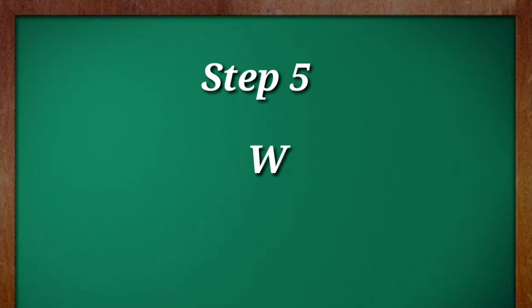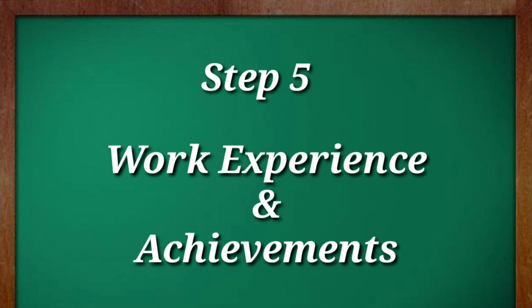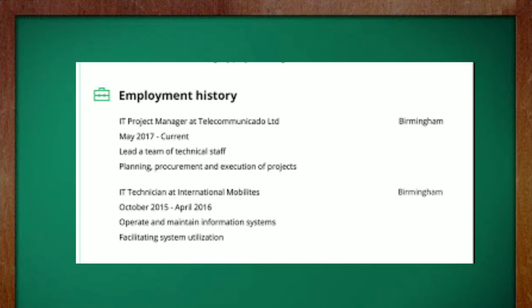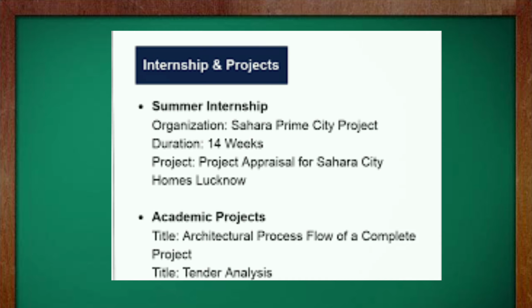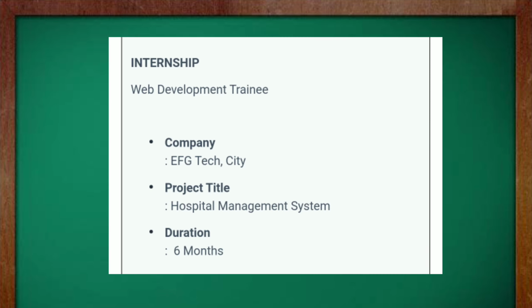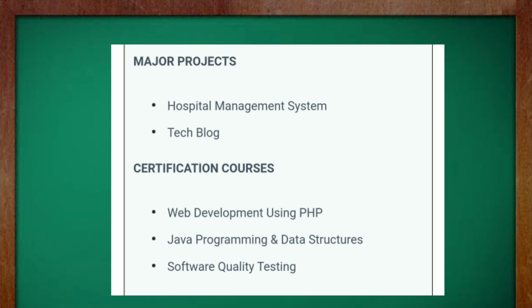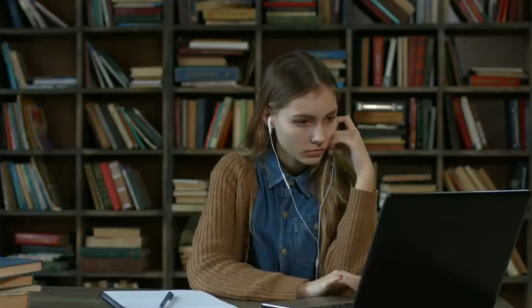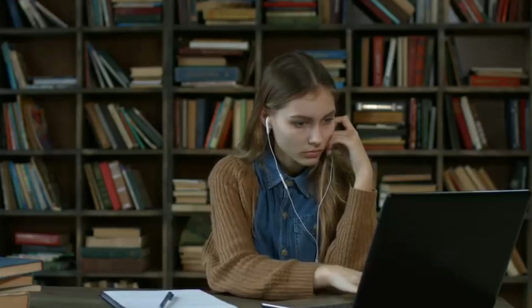The next step is listing your work experience and achievements. As a fresher, you will not have any work experience in any company. So, you can include your internships and technical projects you have done, and you can also include your paper presentations. And as achievements, you can include your GATE score or any programming competition rank, etc.